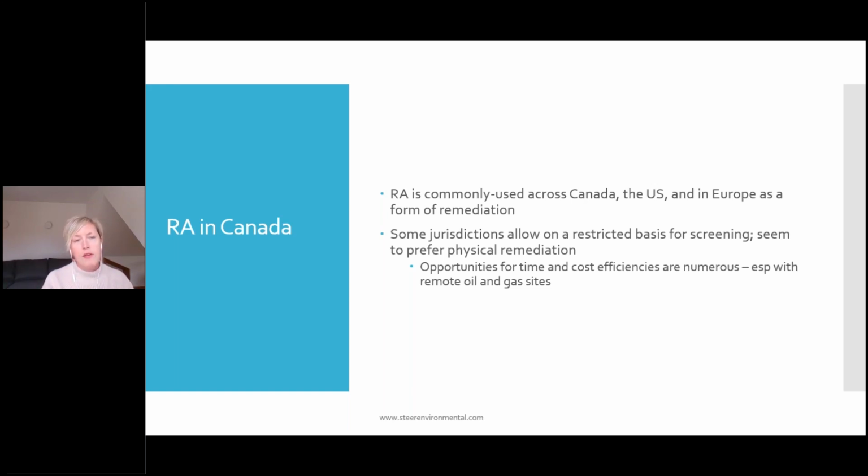There is the numeric path, where you physically remediate a site to the applicable standards under the Contaminated Sites Regulation. And the end goal or result is a certificate of compliance from the BC Ministry of Environment and Climate Change Strategy. The alternative is to do a site-specific risk assessment, which evaluates the risk to current and potential or known future receptors on that site and for the specific land uses. And if you are able to demonstrate that risk is acceptable, you are able to attain what's called a risk-based